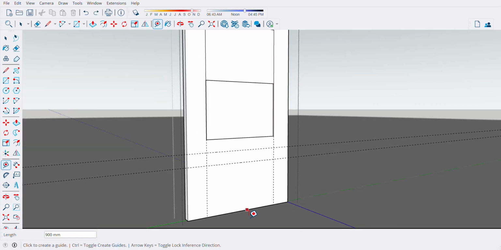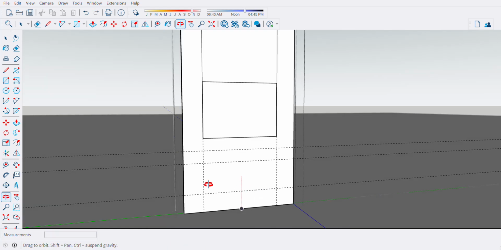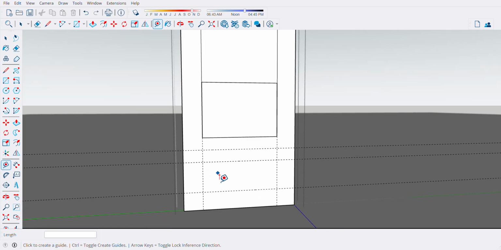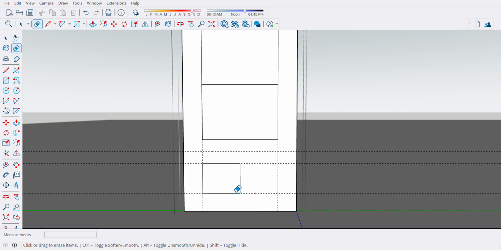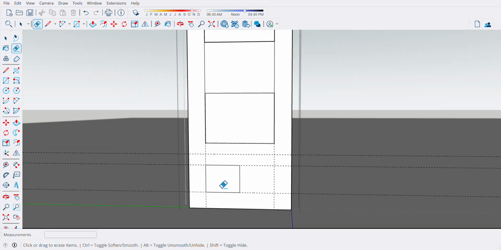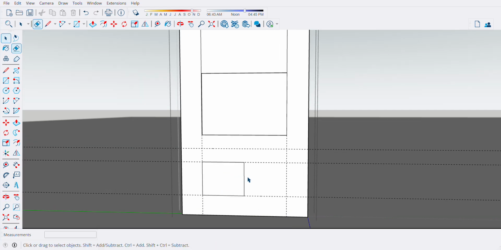Sorry, this one is just adding some design here so that line, just to add design here.